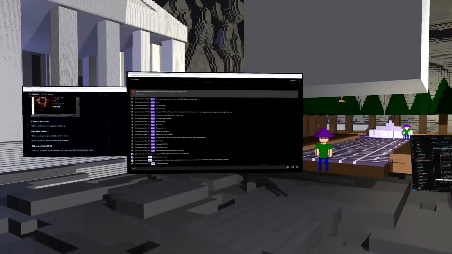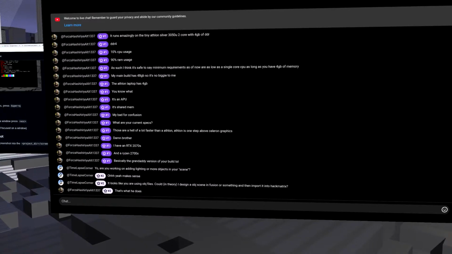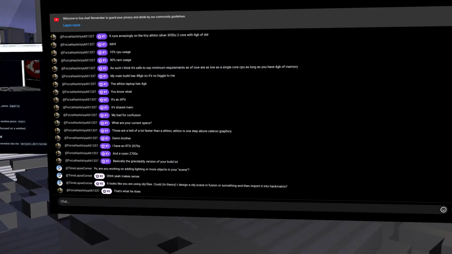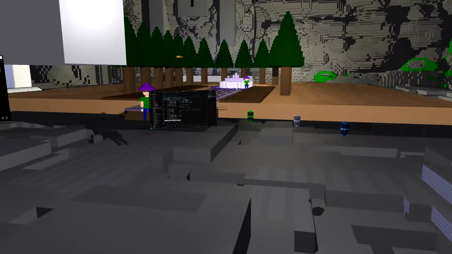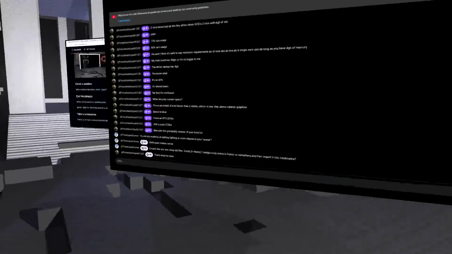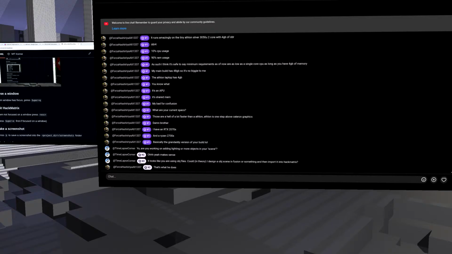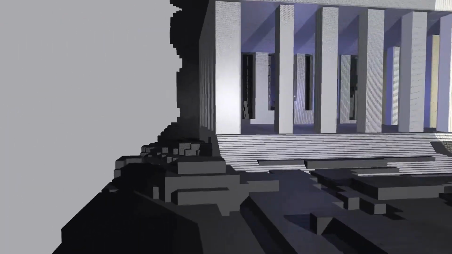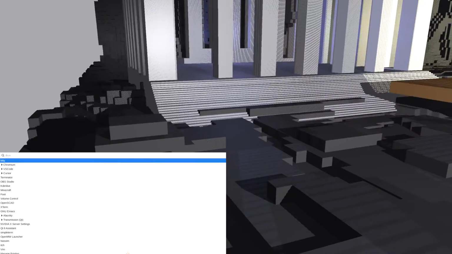Yeah, I could design an OBJ scene in Fusion. I think it loads STLs too. So I use OpenSCAD, and so I can create an object in OpenSCAD and then import it, and then Blender as well. Maybe I'll create a Blender object. So there are a few things that I do. So one is